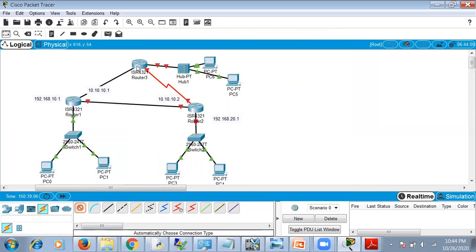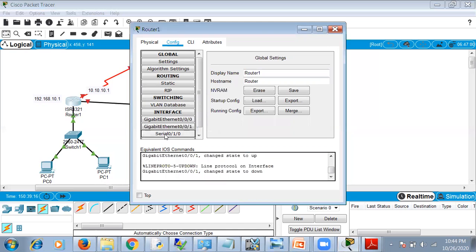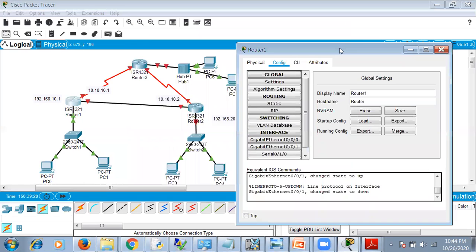Now again, I will do it for this one. So now we'll set the IP address. This is 0/1/0. So now this is one LAN, this is another LAN. So we'll give this is 20 and this is 30.